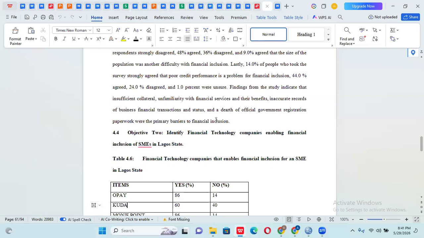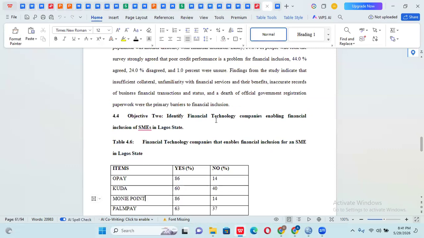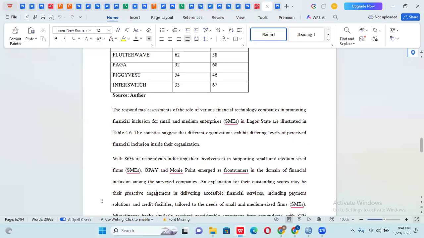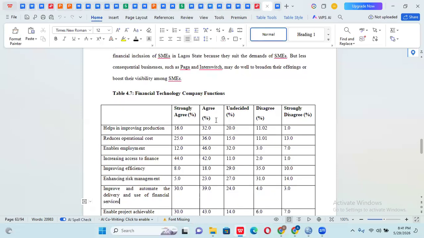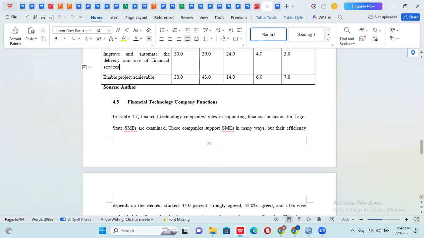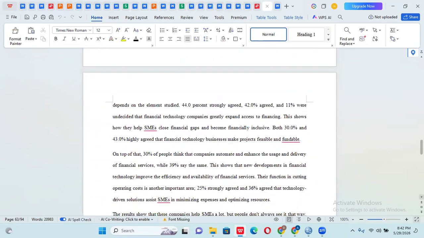Objective 2, identify financial technology companies enabling financial inclusion. All right, we analyze it, and this is the interpretation of it. Now, objective 3 is what? Impact of the effect of financial company functions on what? Our financial inclusion. That's objective 3. Okay, but before we do that, we need to analyze the variable. So we analyze fintech company function first. We analyze financial inclusion. When financial inclusion is already up,